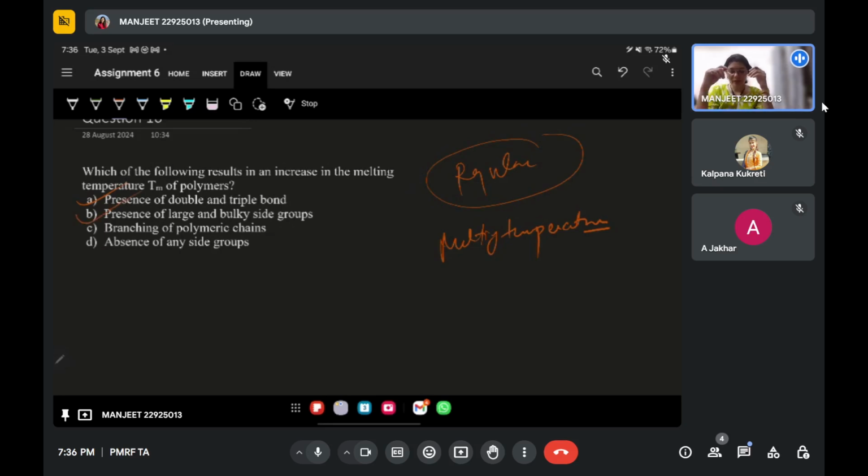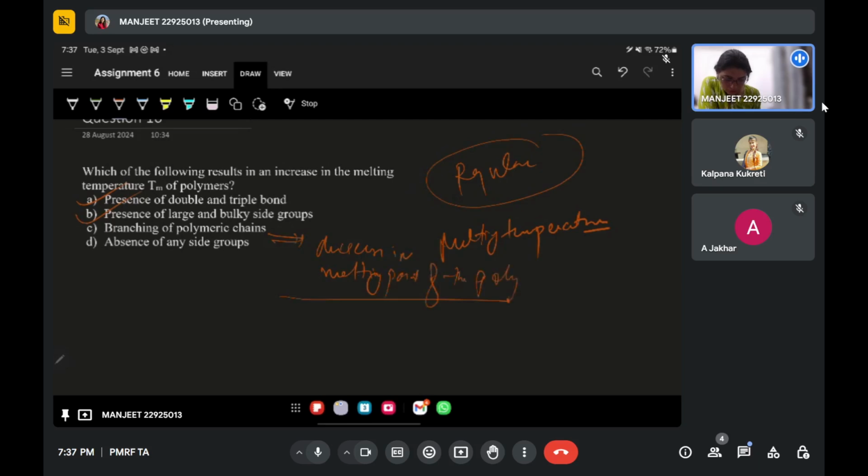In the same way, consider the branching of the polymeric chain. If there is another branch in the polymer and you give it some temperature, then at a certain point the branch will melt more easily. If there is only a single chain with no branching, there will be a higher chance of a high melting temperature. But if branching exists in the polymer, the branching will lead to a decrease in the melting point